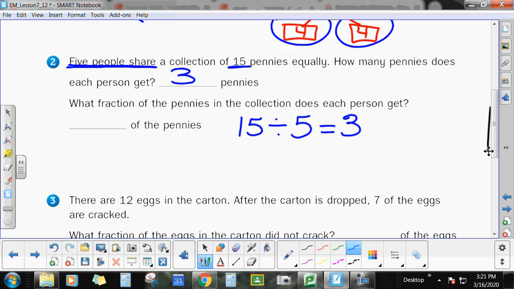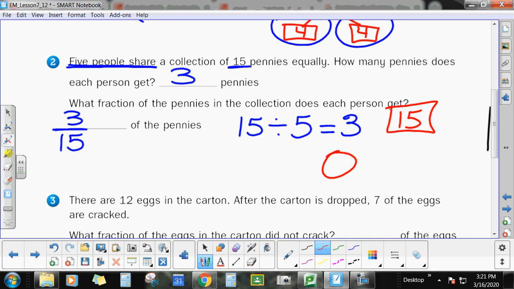But if it wants to know what fraction of the pennies in the collection does each person get, there are a couple of different ways you could write this fraction again. First of all, I know that they are getting 3 out of 15 pennies. So if you wrote 3 over 15, or 3/15, you would be correct. They're getting 3 out of 15. If you drew this out in a picture, so here's your 15 pennies, and you divided those 15 pennies out between 5 people,